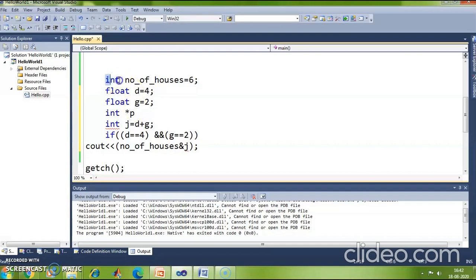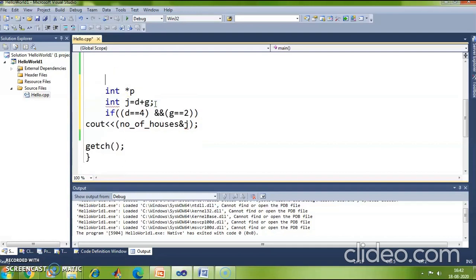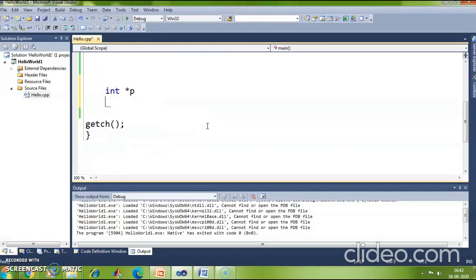So let me delete all the rest of the stuff from here and only declare a pointer. Let me declare one more variable a whose value is 5 and terminate this line with the semicolon. Now I want this pointer to hold the address of the variable a. So what will I do now?